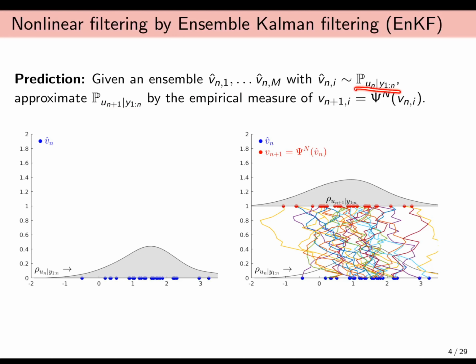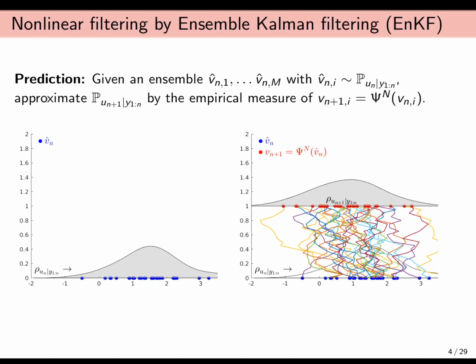So my approximation of the updated state at time n is the empirical measure of these particles. Now, if I want to approximate the prediction state at the next time, I need to simulate each of these particles, for i equals 1 to m, by integrating the dynamics one step forward. But now I introduce this parameter here because I need to do it numerically, because we assume that we cannot simulate it exactly. So I do this for each and every particle.